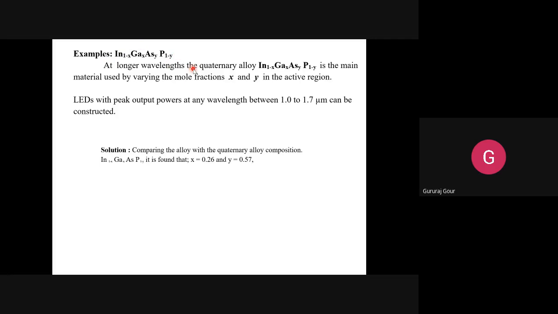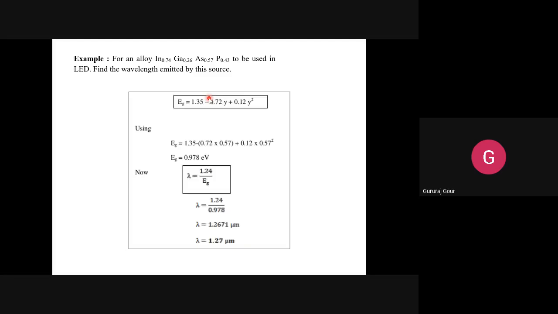If you refer to the notes there, you will come across it later in further discussion. You come across some other alloys like aluminum gallium arsenide, we have seen, no? Like that, this is another alloy made up of four elements: indium, gallium, arsenic, and phosphorus. Their suffixes you have to remember to extract x and y values. Then you can easily do it. So this is the formula we are using to find the band gap energy, and this is the formula for the emitted wavelength from this LED, that is lambda equal to 1.24 by Eg.